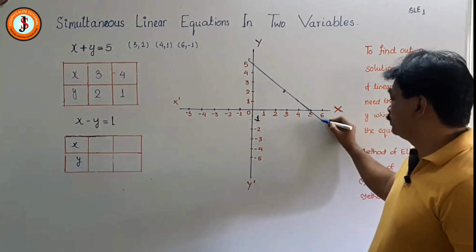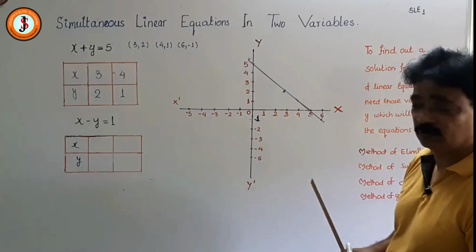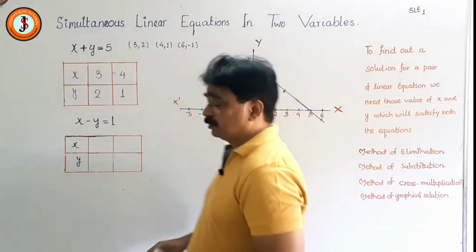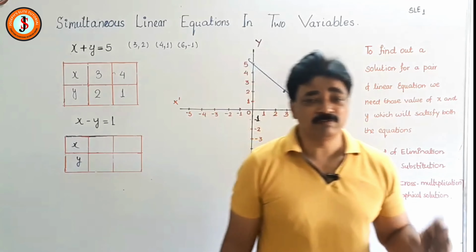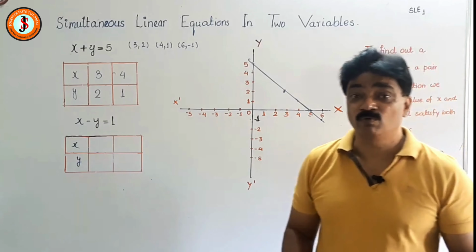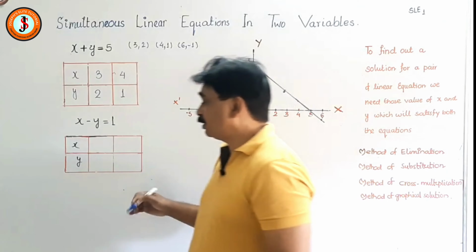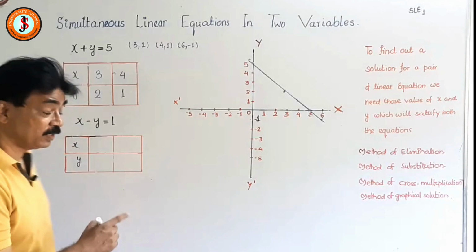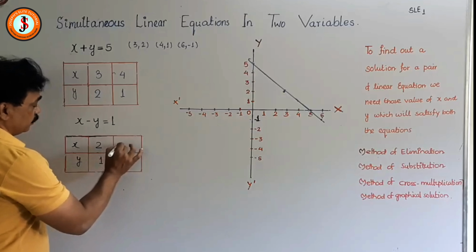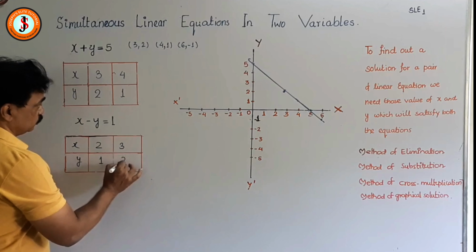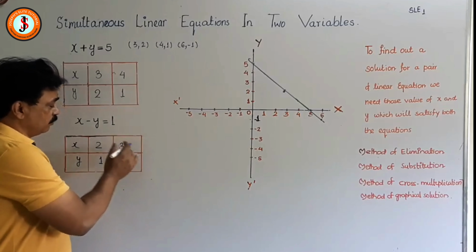For example, if I take this point, here x is 6 and y is -1. Did you understand? Now suppose, with the same person, the sum of our money is 5, and if the difference of our money is 1, then we get another equation, x minus y is equal to 1. There will be a number of values which will satisfy only this equation, like 2, 1, 3, 2, and there can be many others. We can even have 1 and 0.